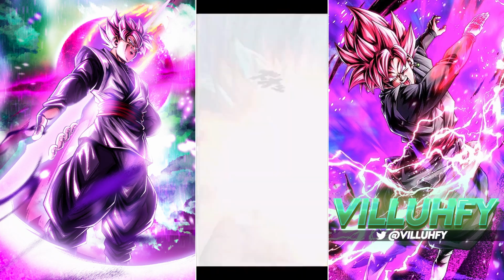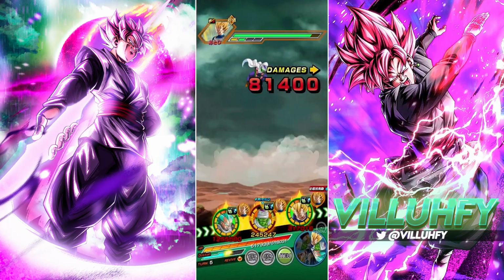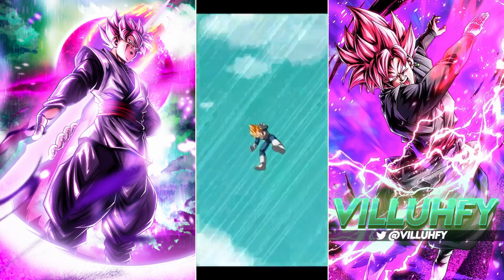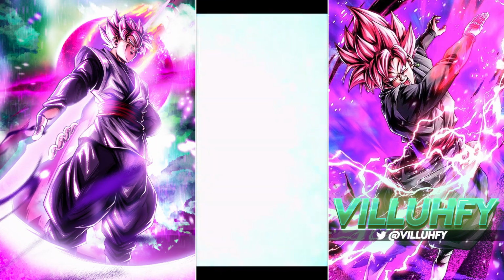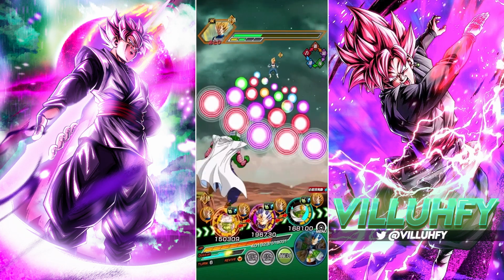AGL, or Evolution Blue Vegeta, is suspect sometimes on defense, when the first hit he doesn't have his damage reduction going just yet. So that can prove to be an issue throughout this run. You'll see that I do make a mistake about 10-15 minutes in where I put a unit in the wrong spot, that being,